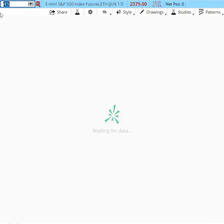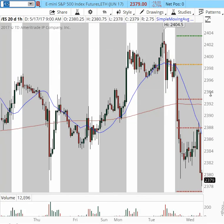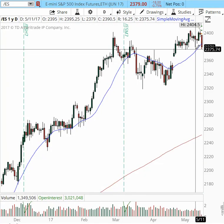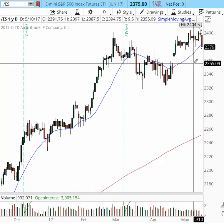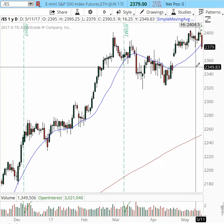Let's take a look at the S&P 500 index. Like I said, they're all moving in sync. Going back to the daily chart so you understand, 2375 is the support area. I actually tweeted last night on the Trader Lot Twitter feed these charts and talked about this sustainable area, 2375. If this area is going to be breached, there's more downside to it, at least in a first phase into 2360. Secondary area 2353 and 2350,